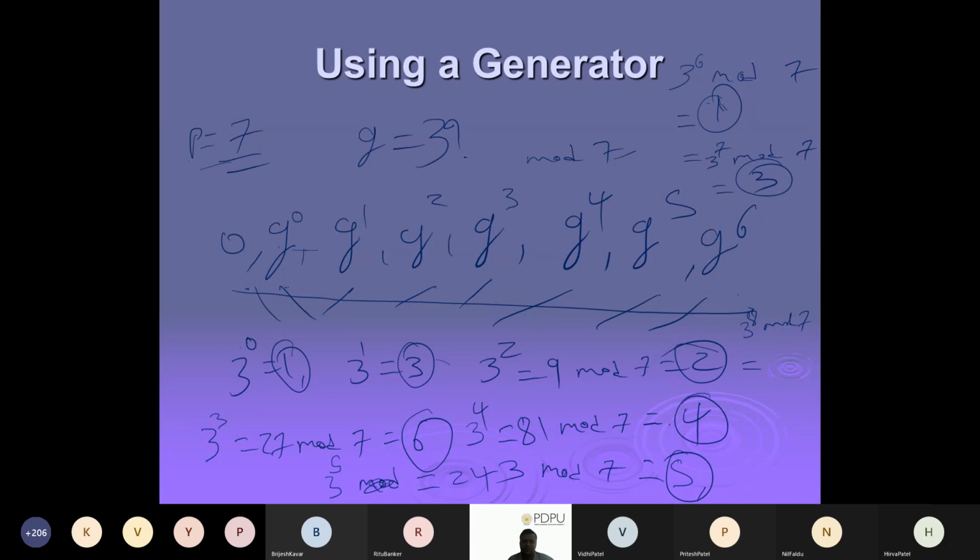Now I think here you have to apply a smart trick. Can anyone tell me, other than computing 3 raised to 8, 2. Good. So what is the smart trick if I have to compute, for example, 3 raised to 24 mod 7? Sir, we have to multiply 3 raised to 4 into 3 raised to 4, and both of the remainders we have to multiply, and then again apply mod 7.